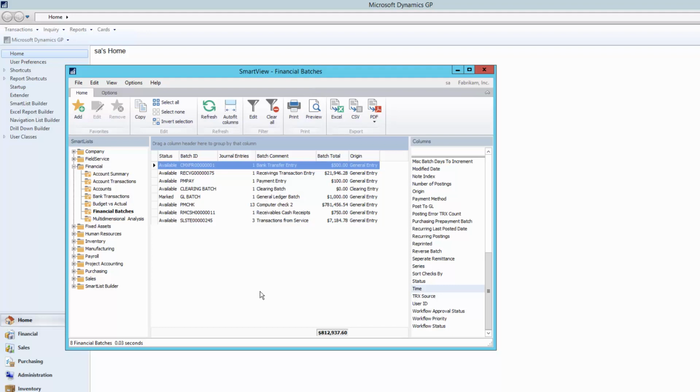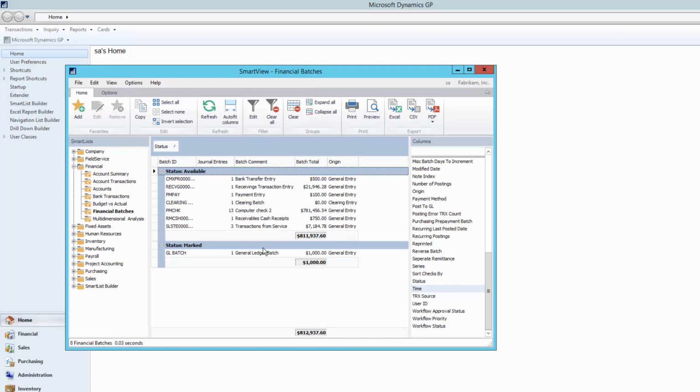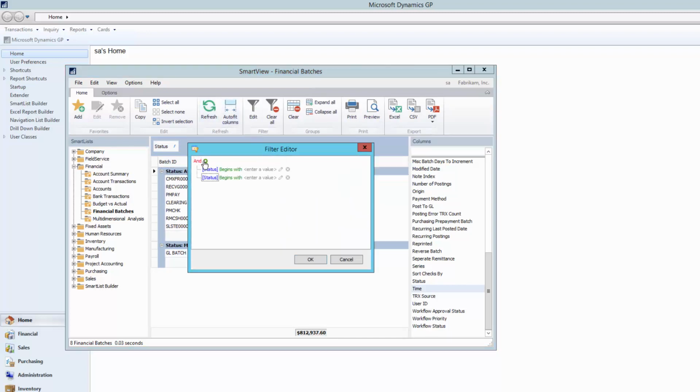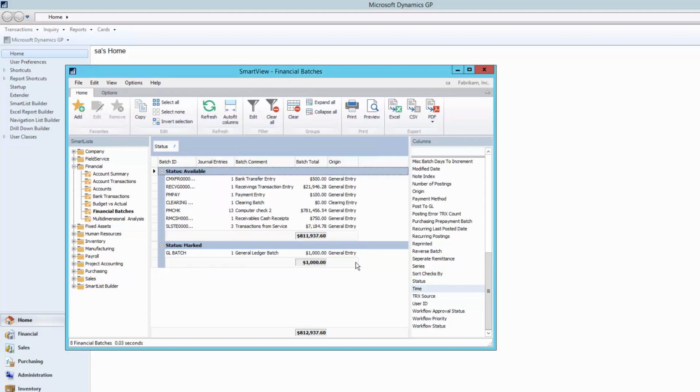It allows you to do everything you can in SmartList and a whole lot more. If we look at this list, we do get totals on our list. I can group by the different statuses or whatever field I'd like to group by. I can do unlimited filtering in here. If I need to filter on the different batches, maybe you have a lot more than the 8 that I have, we can do a lot of filtering in there, as well as things like drag and drop, adding of fields, and all of that. If you are interested in SmartView, certainly let us know and we'll get you more information on that.